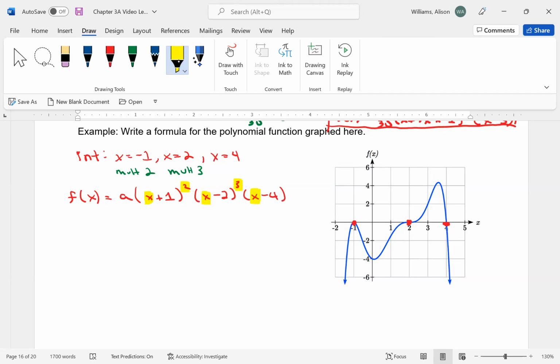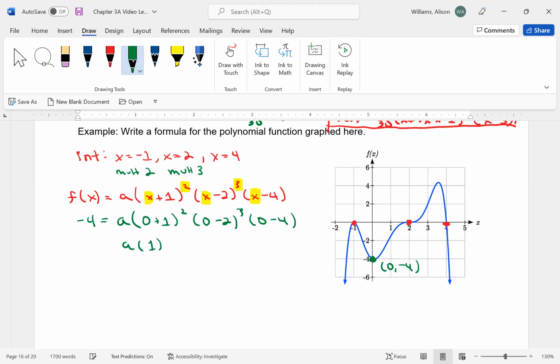So let's go ahead and find A. I'm going to use the horizontal intercept at 0, -4 to plug in for my x and f of x. So f of x is -4. A is what I'm trying to find. And then 0 everywhere I see x. Okay, so let's see. That's 1 squared is just 1. -2 cubed is -8. And then -4 is the last one. So that's going to end up being positive 32